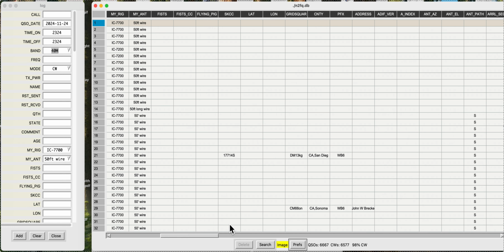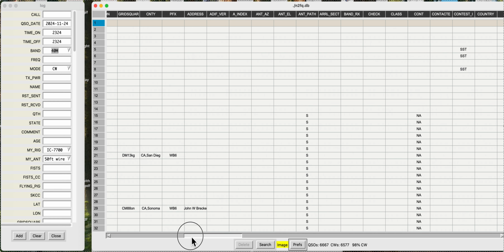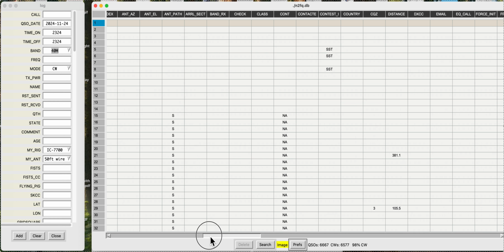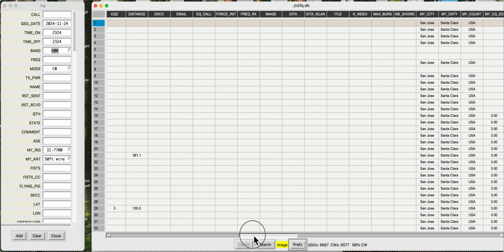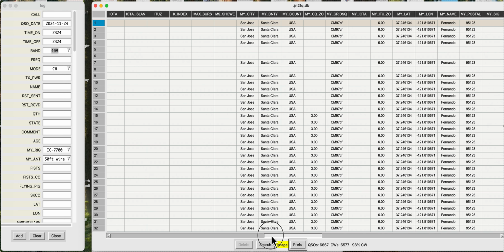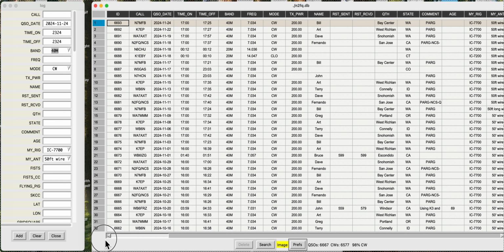Sometimes I capture the grid square, the prefix. The contest. I don't do too much of that stuff. So all what's on the pref, it's already filled in here. Well, let's see if this will